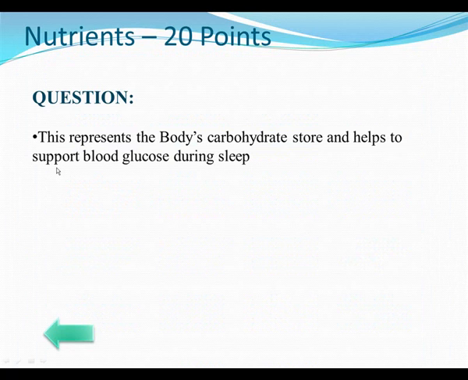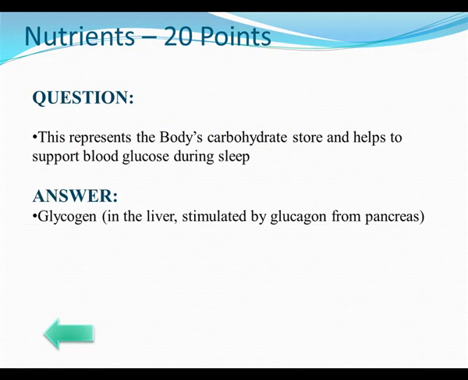Question. This represents the body's carbohydrate store and helps to support the blood glucose during sleep. So this is particularly important when you're talking about your diabetic patients and helping to manage blood sugars. Answer to that is glycogen. Glycogen is where excess carbohydrates are stored in the liver, and in times of low blood sugar, glucagon from the pancreas, from the alpha cells in the pancreas, stimulates the breakdown of that glycogen into glucose